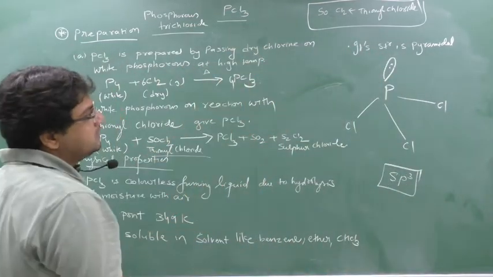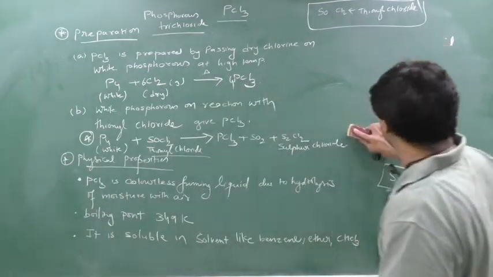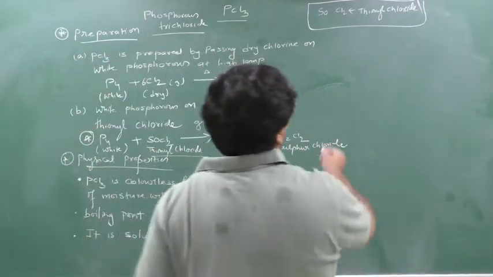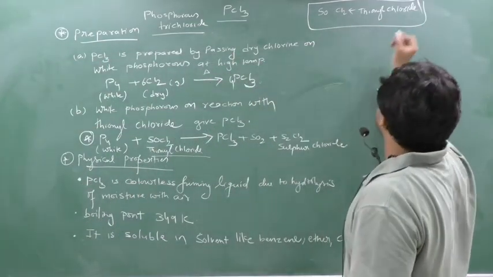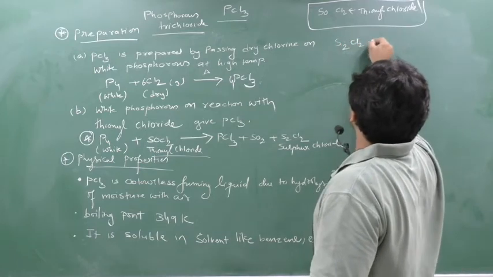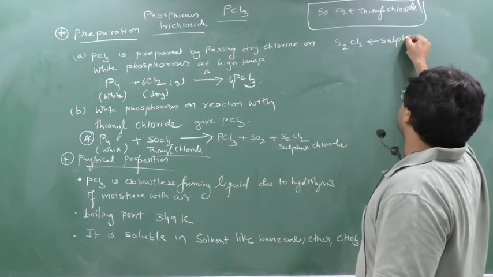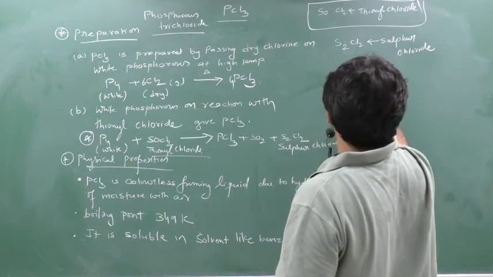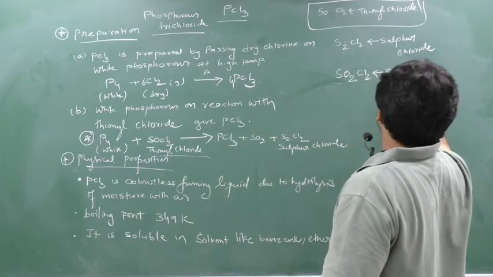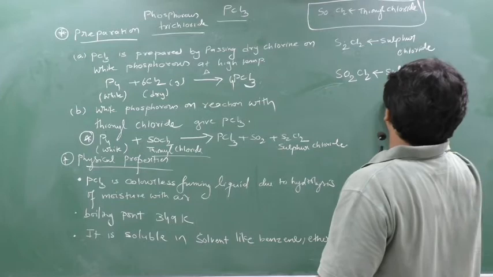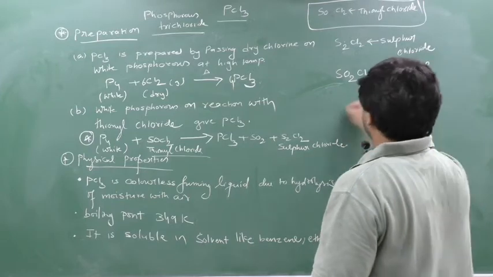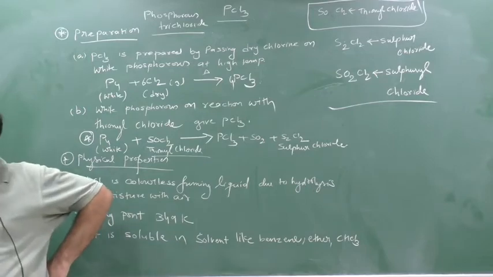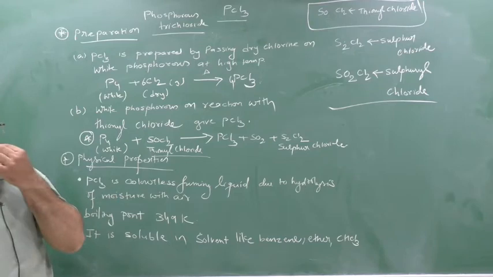Write this down, first copy it out. Done, no? Okay, this structure written. Now see here. So I have one chemical, that is SOCl2, thionyl chloride, then S2Cl2 is sulfur chloride, and one more I have, that is SO2Cl2, that is sulfuryl chloride. Please remember all three chemical names. SOCl2 is thionyl chloride, S2Cl2 sulfur chloride, and SO2Cl2 is sulfuryl chloride.